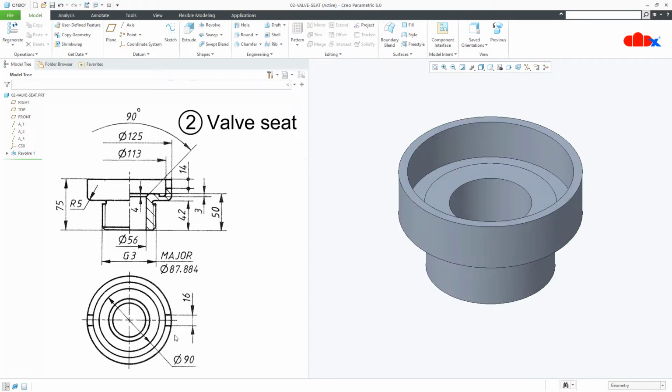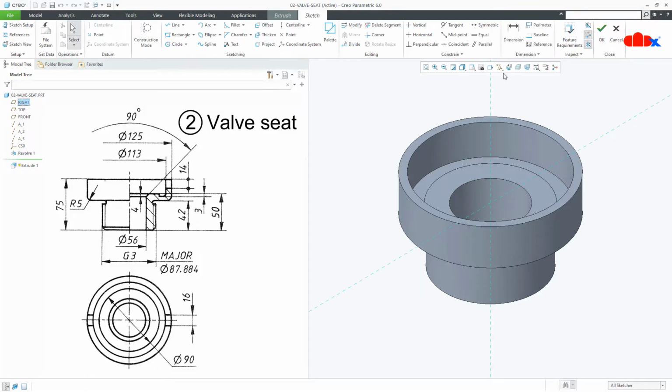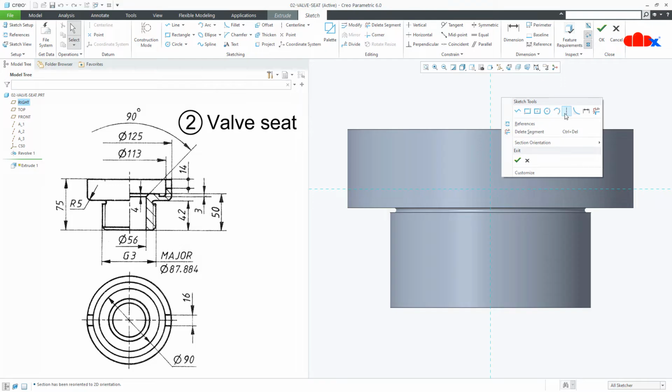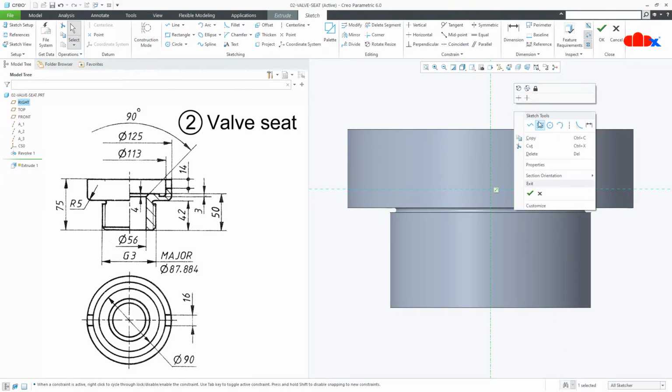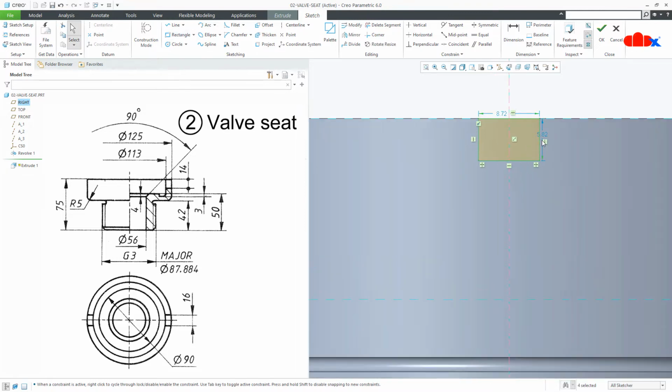Now the next feature is this cutout, and for this go to extrude onto the right datum plane, normal. Draw the center line first, then draw the rectangle. Just like this.